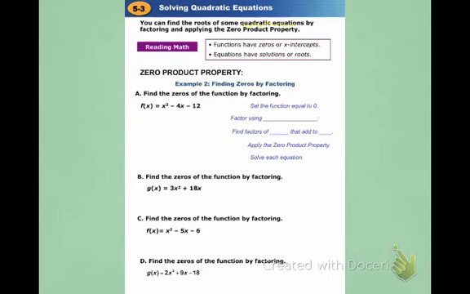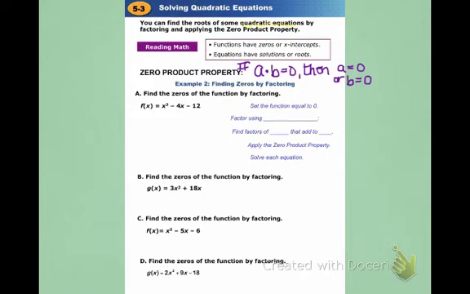Now the zero product property is that property that says if you multiply two things and you get 0, that means one or the other or both of the numbers must have been 0. So it basically says that if a times b is equal to 0, then a equals 0 or b must equal 0. Now how we can use that along with factoring to solve a quadratic equation is by,